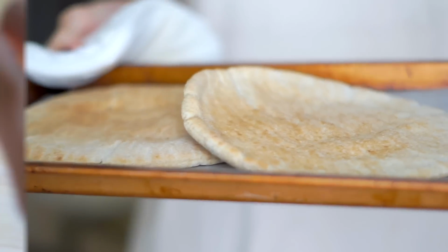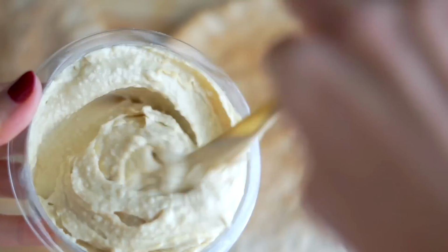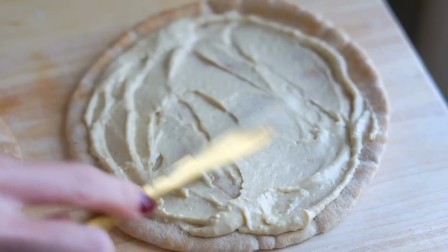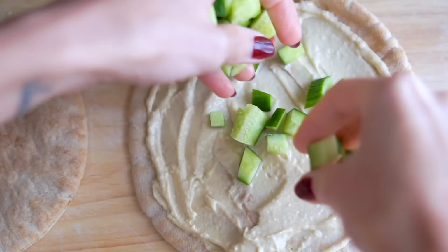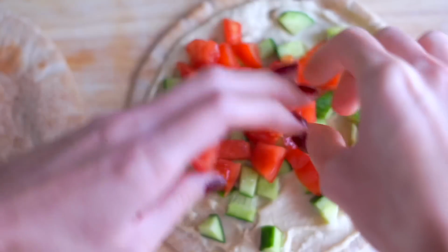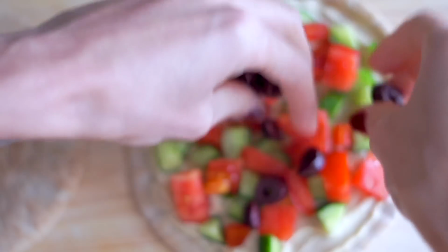I'm gonna start by heating up some pitas just for a few minutes so they get kind of soft and fluffy again. Then I'm gonna add some hummus instead of adding pizza sauce. And you can use any flavor hummus you want. You just wanna make sure that you do a pretty generous, thick layer. That's important here. I'll top that with some crunchy cucumbers, some tomatoes, and some sliced Kalamata olives,